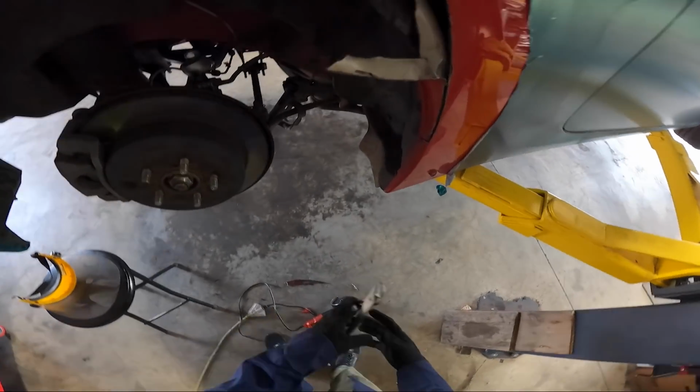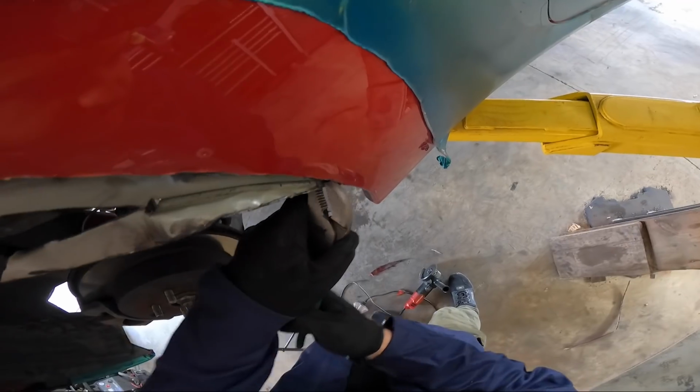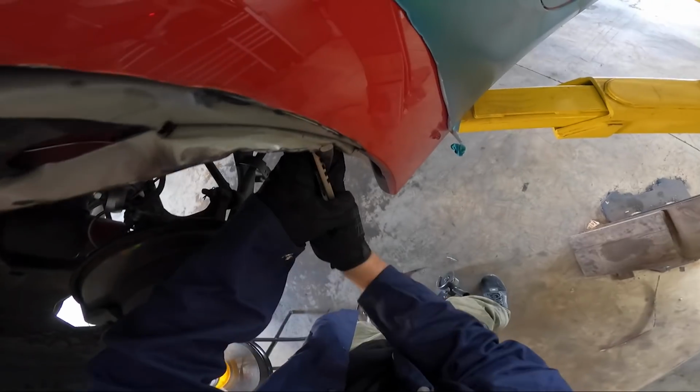And now over here in the front, let me get started. So there's actually two layers of metal here. There's an outer and an inner, and that inner one is the one that I'm really trying to save. And now I'm going to take this and keep folding it back. And so there's actually little,